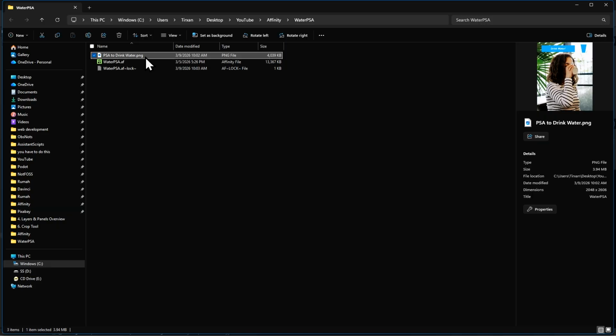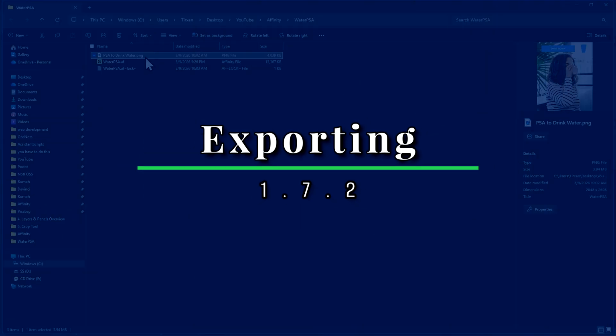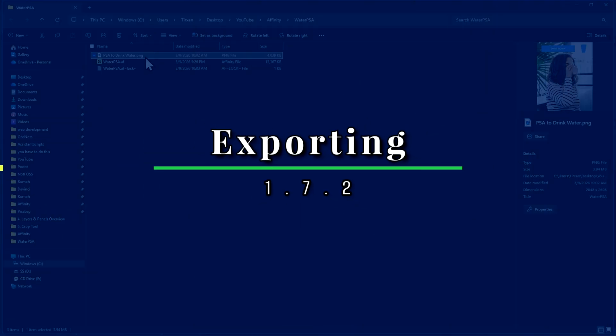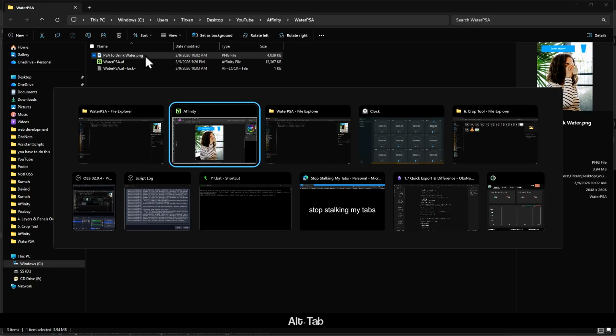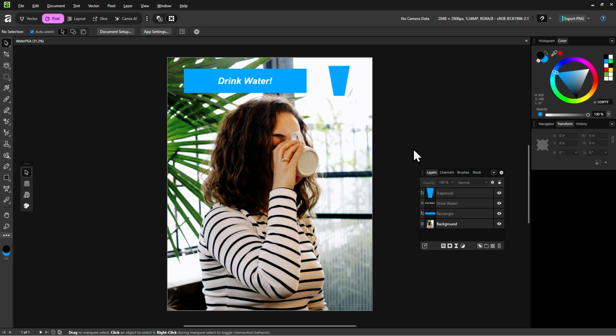Now, since this is a tutorial for complete beginners, I want to go over the difference between saving and exporting. So, if you already have some experience with other design software and you already know what saving and exporting means, well, it's the same in Affinity. So, if you already know what saving and exporting means from other graphic design software, feel free to skip this video. For those of us who are still learning, let's go back to Affinity and take a quick look at